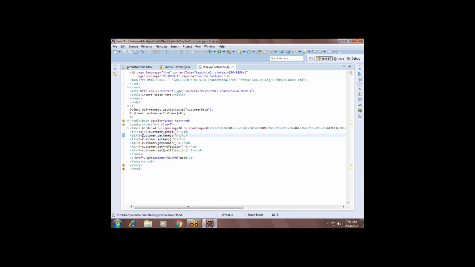See, this is called the expression tag. Percentage equal means whatever data you want to print onto the browser, you can use the expression tag, which will print the data under this tag. Either you can go with out.println, but here we can use the tags to print the data of customer. Understand? Yes.